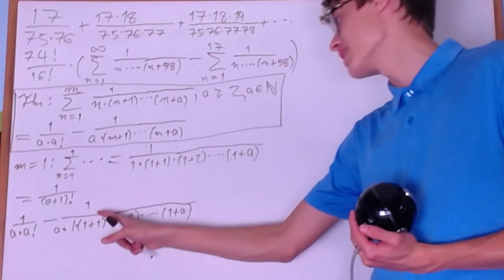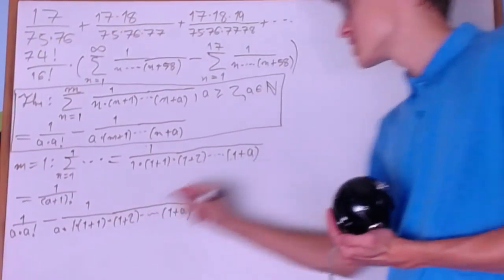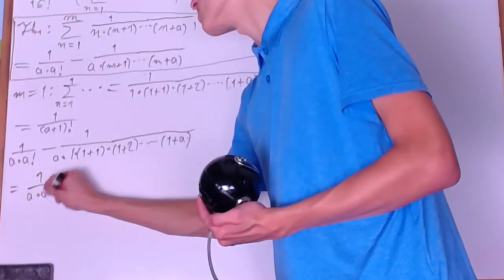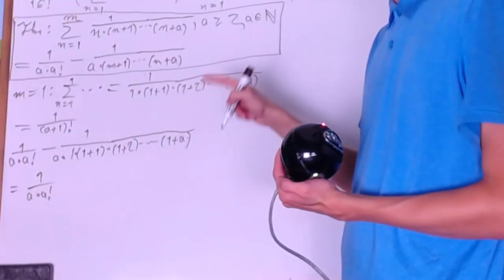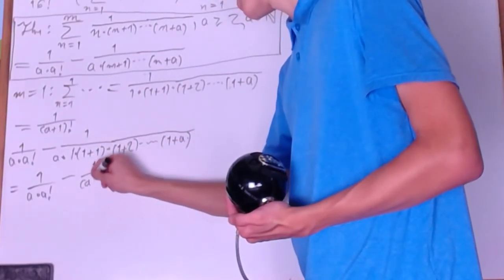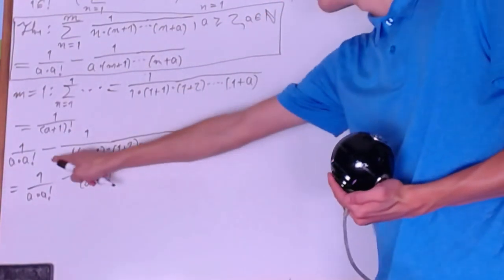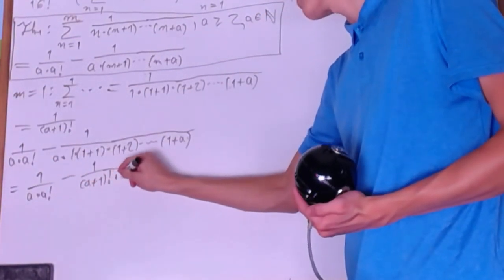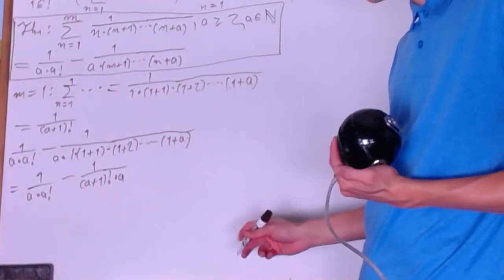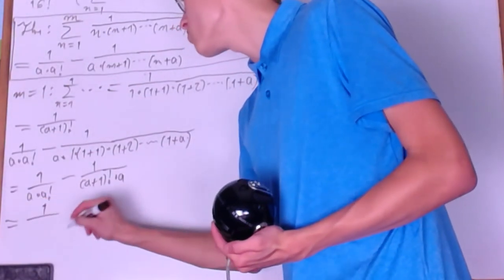This is 1 times 2 times 3, all the way up until 1 plus a. And so what's there on the bottom is a plus 1 factorial. So we have 1 over a times a factorial minus 1 over a plus 1 factorial. Except, there's still this a out front. Now you can probably already see the similarities here, but I'll go ahead and make them even more apparent